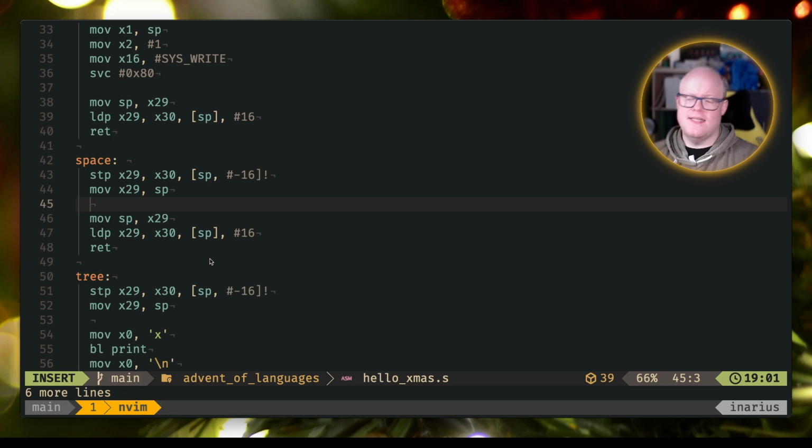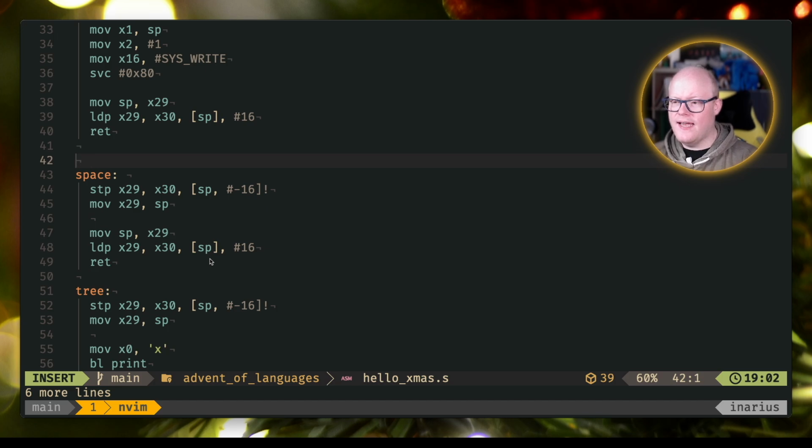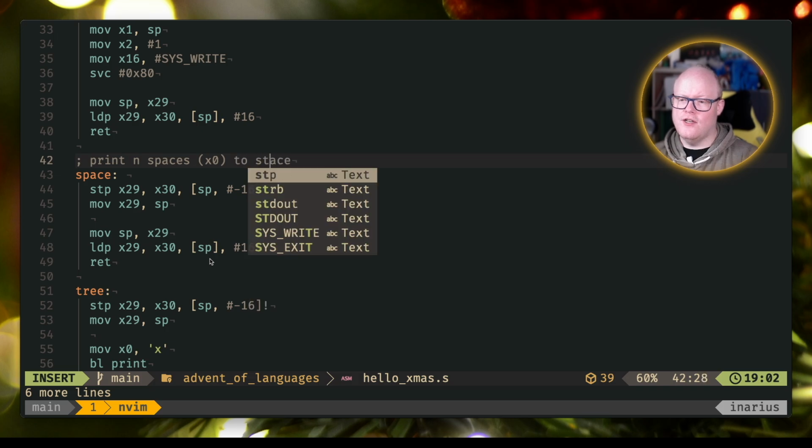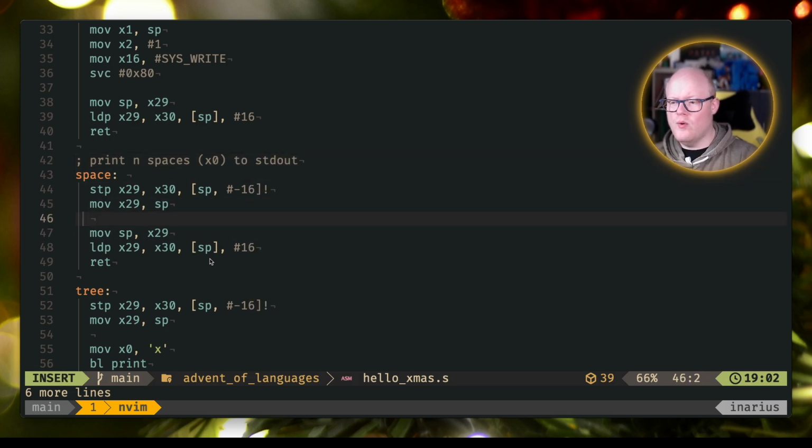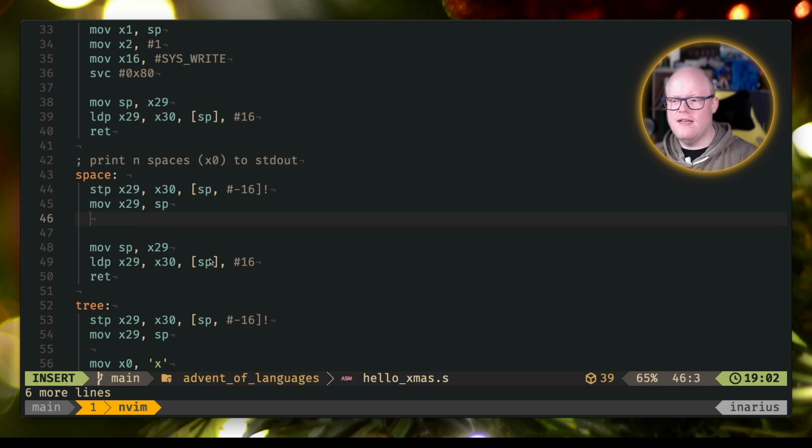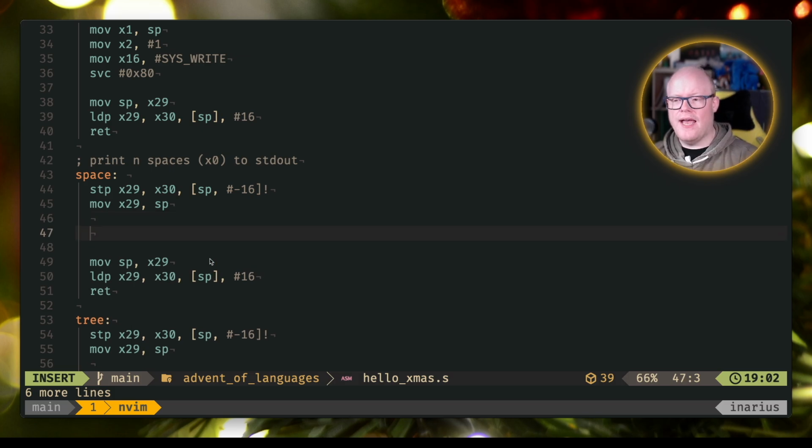And now let's see how we can do that. First of all, we need some sort of loop there. So we take again as print spaces, print n spaces, which we take via X0 to std out. So what we want to do now is we have our space number in X0, so we need some sort of temporary register that we can actually use, and we will use